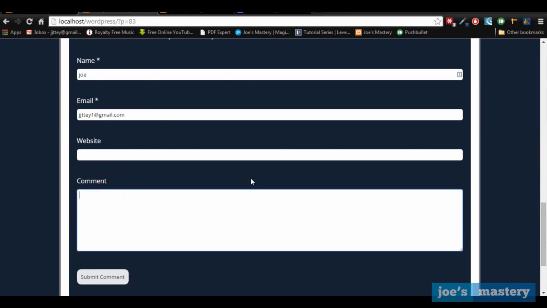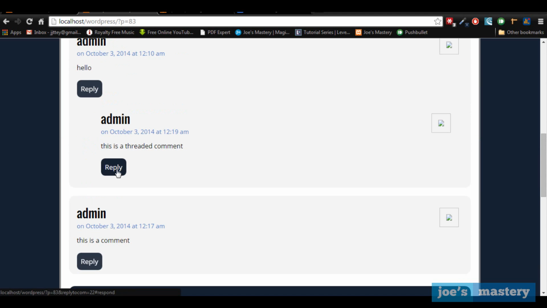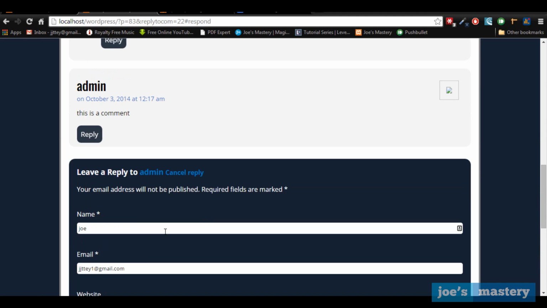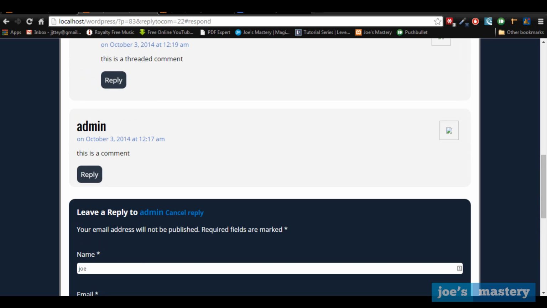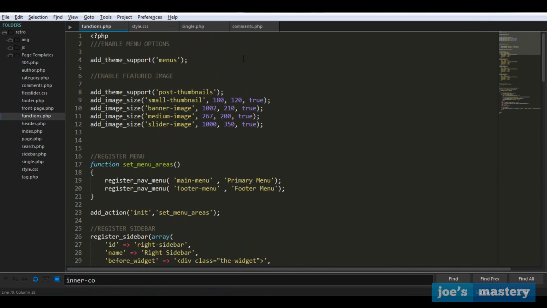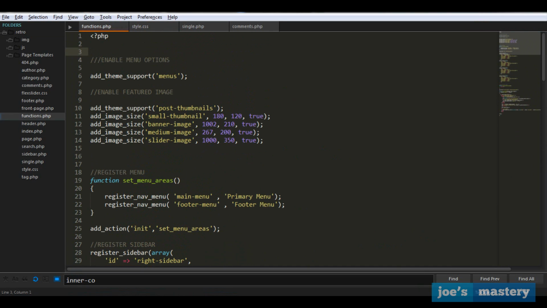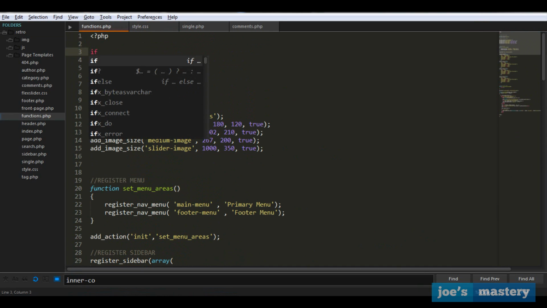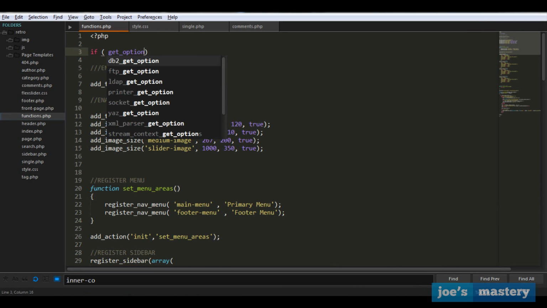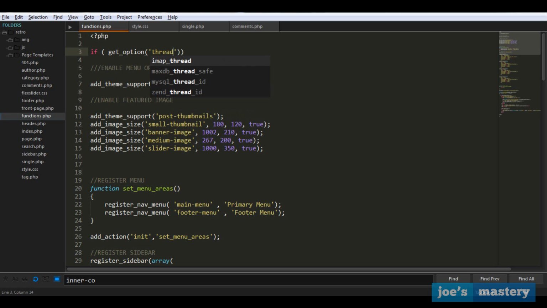Now there is one thing that we have to fix up. Now if we go reply here, it's just gonna stay there. Like we want this to move up. There's one thing that we can add. So let's go into our functions.php. Let's go to the very top. And let's add an option. So let's go if get option thread comment. This is saying if WordPress has the option to thread comments,